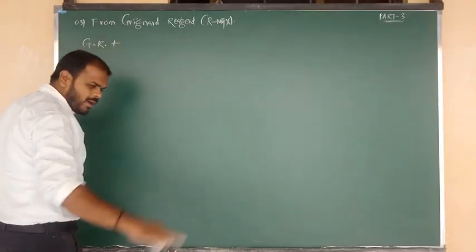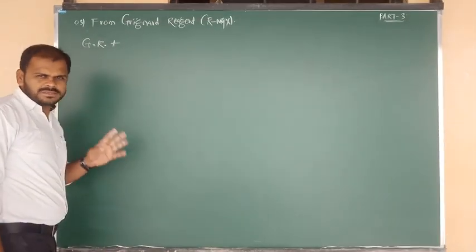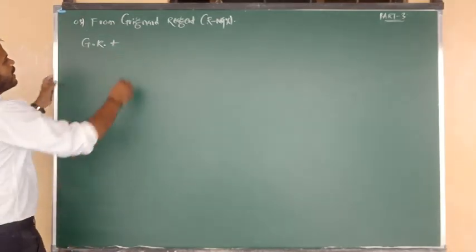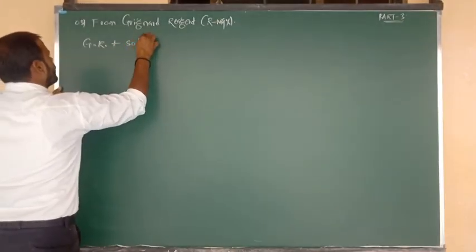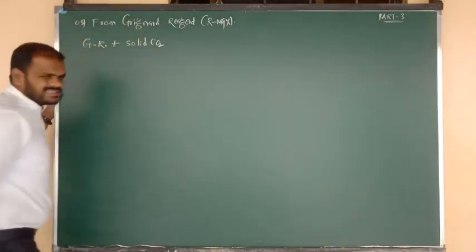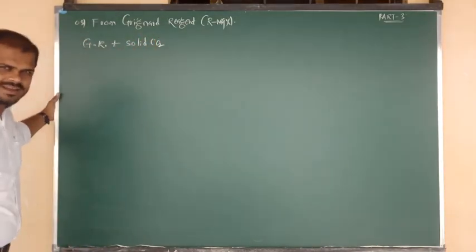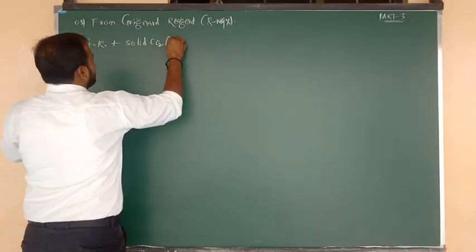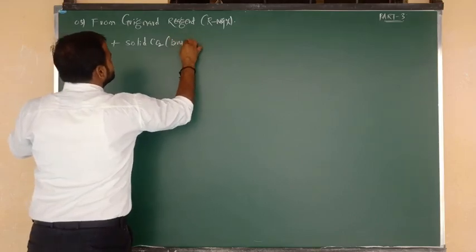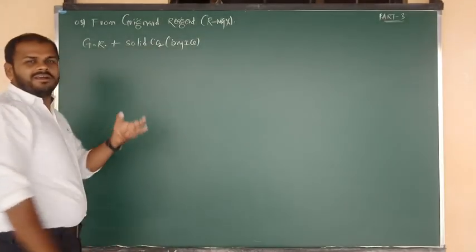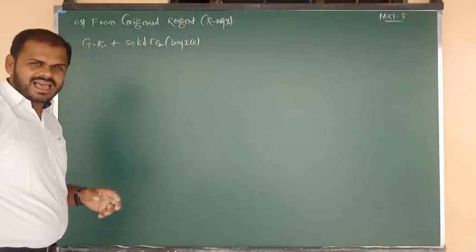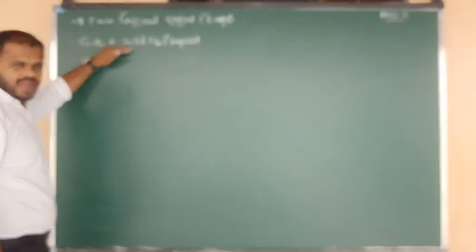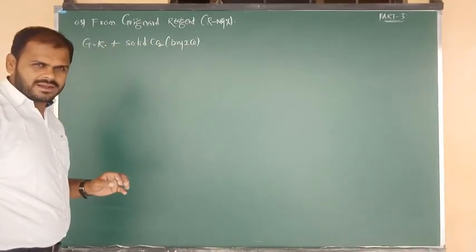For the preparation of carboxylic acids, mainly 2 steps are involved. One is carboxylation, one more is hydrolysis. That means Grignard reagents first undergo reaction with solid carbon dioxide. In first year, especially in group 14 elements, we have seen about dry ice. So what is meant by dry ice? Dry ice means solid carbon dioxide. It acts as a refrigerant. Yes or no? Good. So Grignard reagents on reaction with solid carbon dioxide